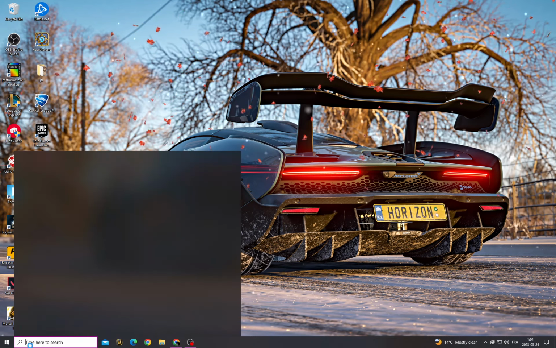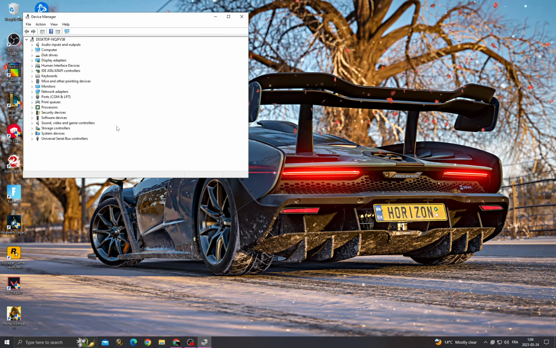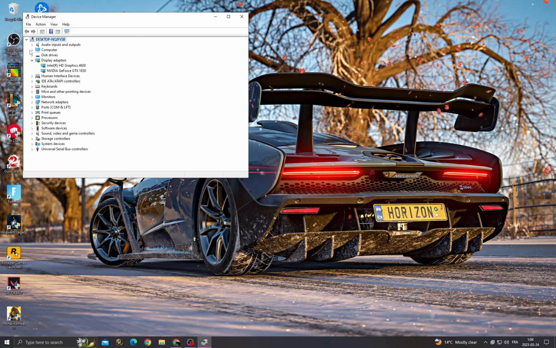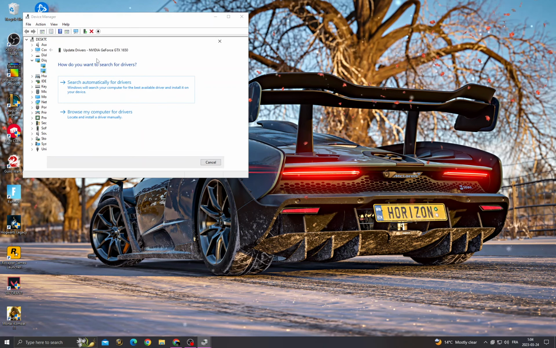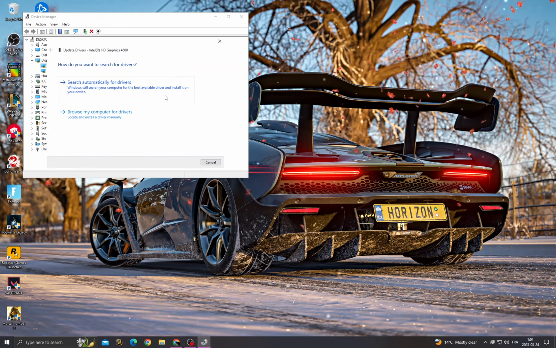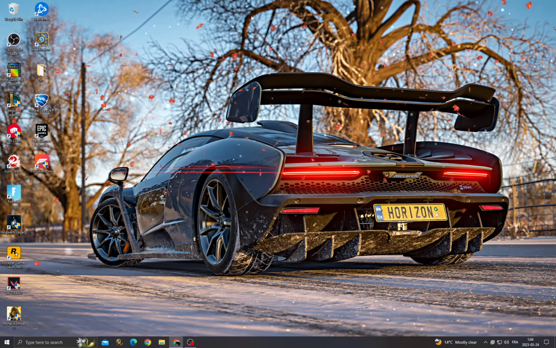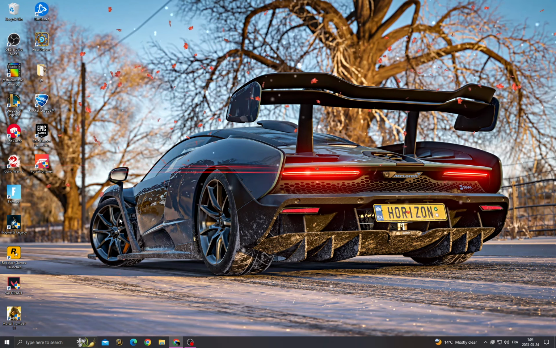and then type here device manager, and after that click display adapters, and that's it. Now just right click and update all the drivers that you can find here, and that's it. Now just restart your PC, and after restarting your PC your problem must be fixed, and that's